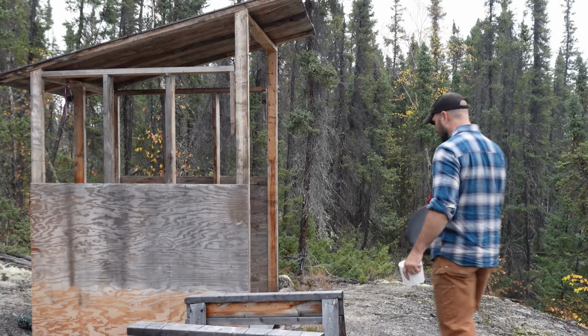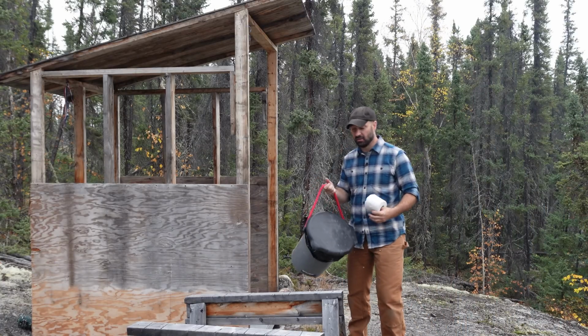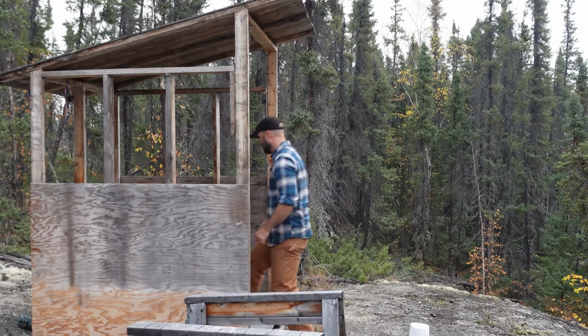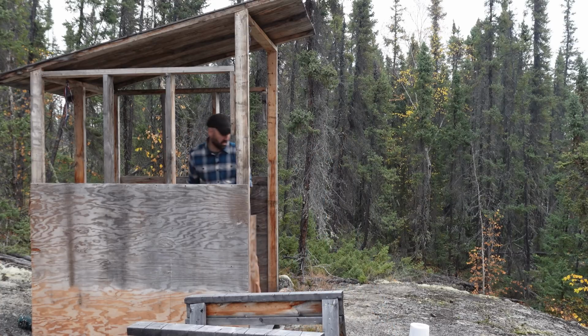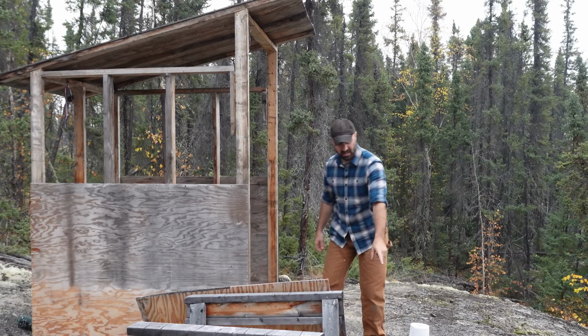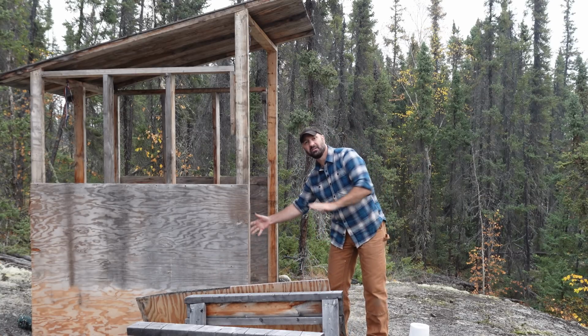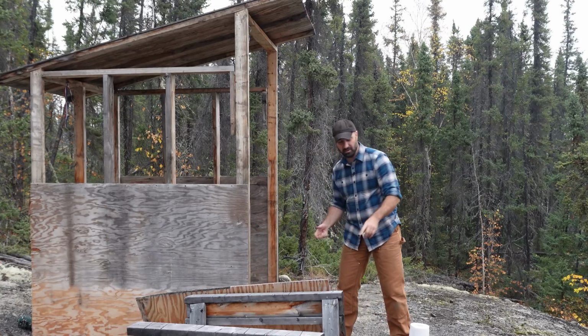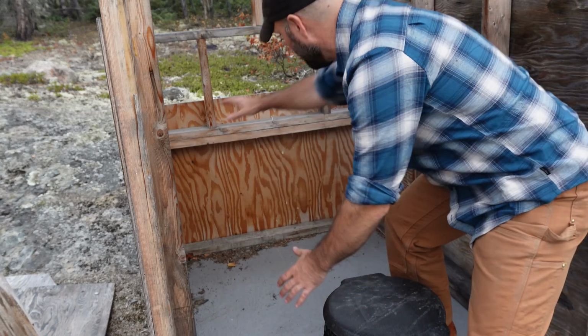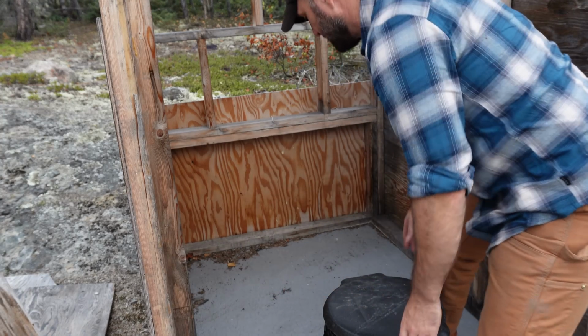I love these buckets for going to the bathroom. And this outhouse, I'm going to do it up in a way where you take one of these buckets, you slide it in, you use it, then you slide it out, you take the bag out, and I just bring it home with me. This is going to be built up with wood, and across the top is going to be the seat,